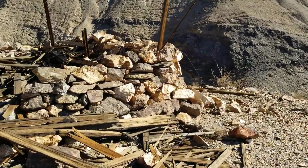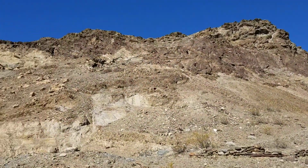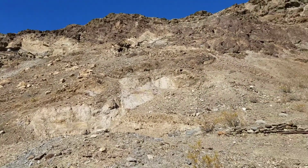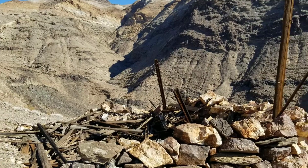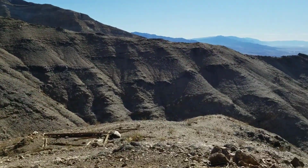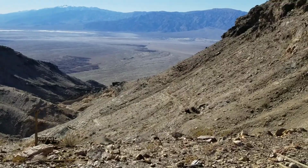There are certainly a few mines up on these hills above us, and we were up there just a moment ago. And it doesn't look like there's a way around the cliffs there. So if there's another trail that goes up and it goes to another location, it's not this trail. But perhaps this was the main Keane Wonder Mine trail, and we are looking down below at what may very well have been the